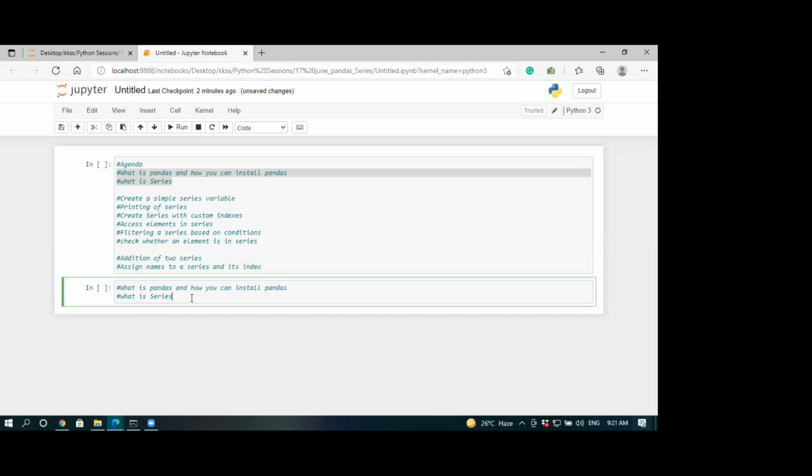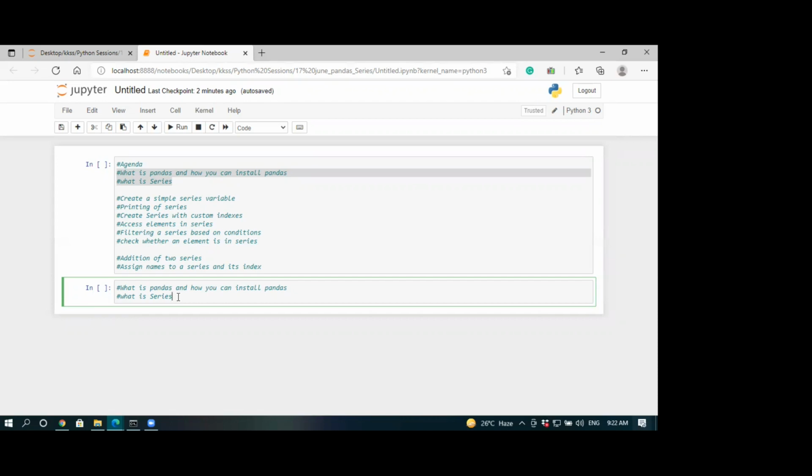Now, what is a series? A series is basically a one-dimensional labeled array. If you want to imagine a series, you can think of it as a column in Excel, right? Let's say column A in Excel; that's going to look like a series. And obviously Excel will have indexes, right? For each column there will be row IDs 1, 2, 3, 4, and so on. Likewise, even the series will have indexes. In this case, a series can have indexes in numerics as well as character labels.